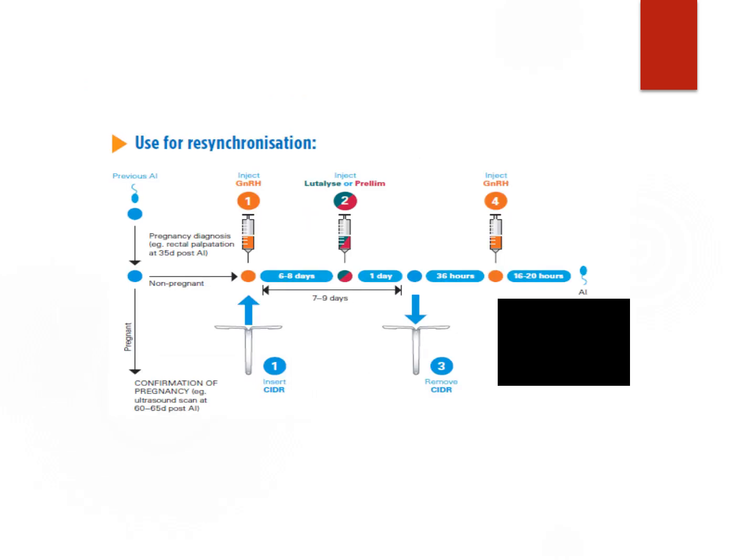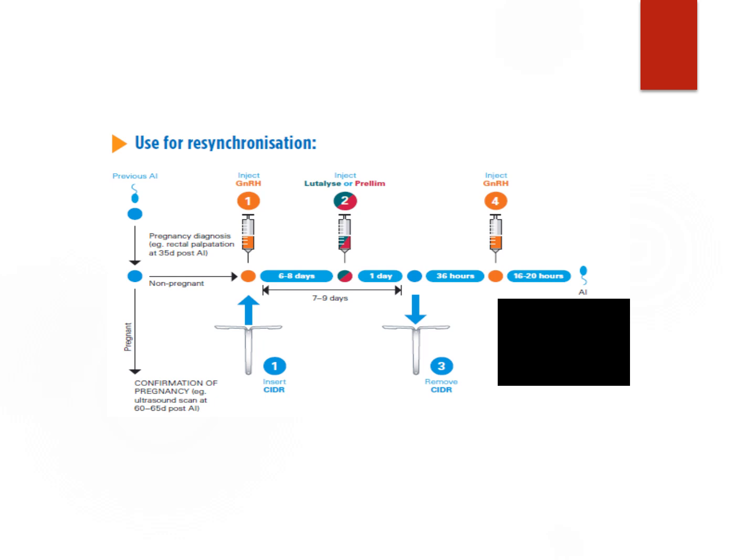The next modified protocol is the resynchronization protocol. It is a modification of the Ovsynch protocol. This protocol is very beneficial for the return animals, or those females in which we applied the Ovsynch protocols but they did not conceive. This protocol is almost similar to the protocol for the non-cyclic animals, in which we inject